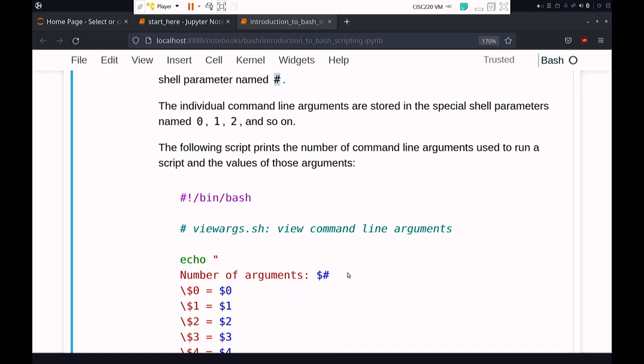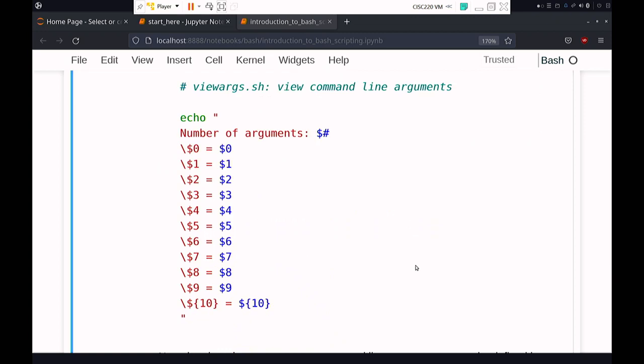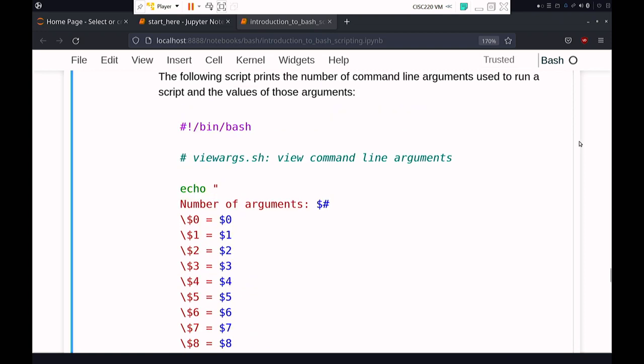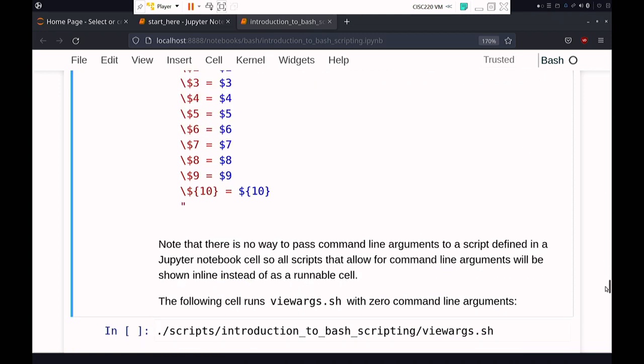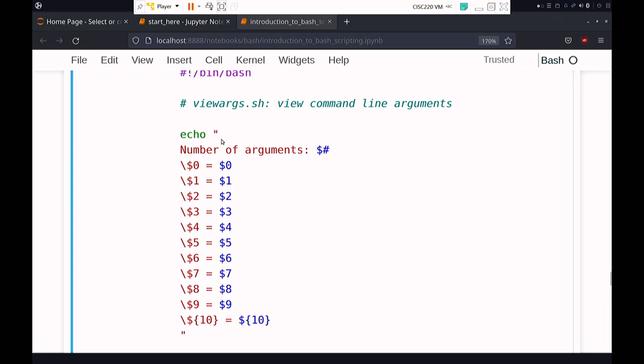The number 0 is a positional parameter. It stores the name of the path that was used to run your script. To make that all clear, we've got a little script here called viewArgs. It views your command line arguments. This particular script shows you up to 10 command line arguments, and all it does is just an echo command. So there we go. All right, so echo,